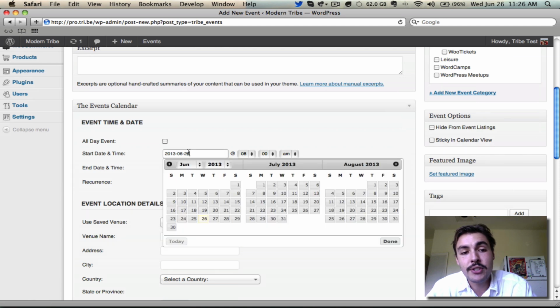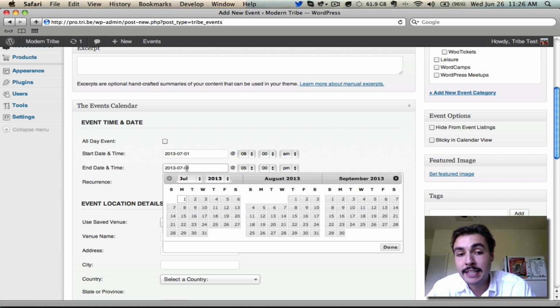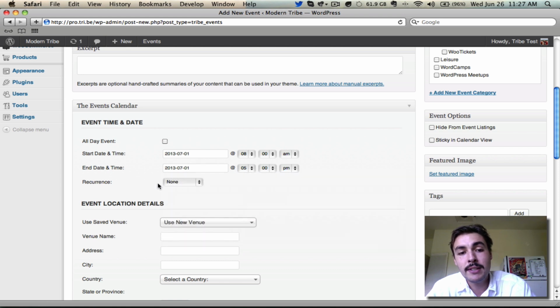Well, I'm going to click into here to the start date and time and select from the date picker when I want it to occur. Have it be the 1st of July. Notice that it updates the end date to match what I have here. And if I wanted to make the end date further out, say I wanted this to be an event that ran from the 1st to the 4th, I absolutely could. This is a birthday party though, and a birthday party is brief. It's going to be all contained to within this day, the 1st of July.